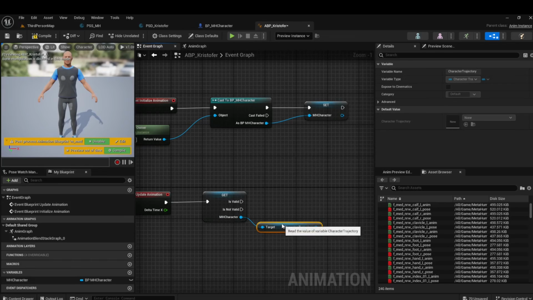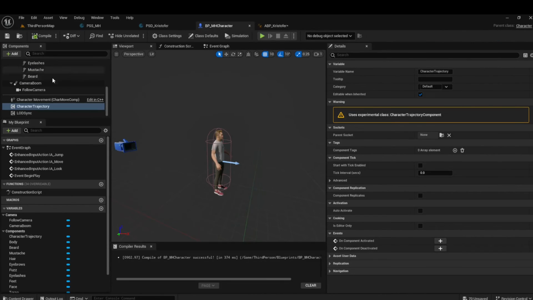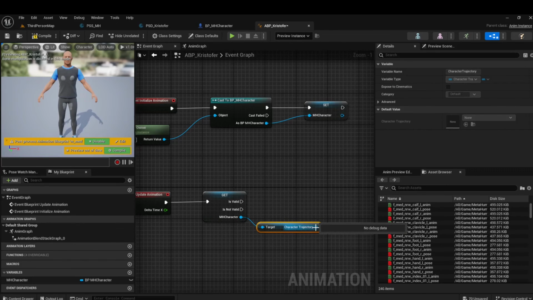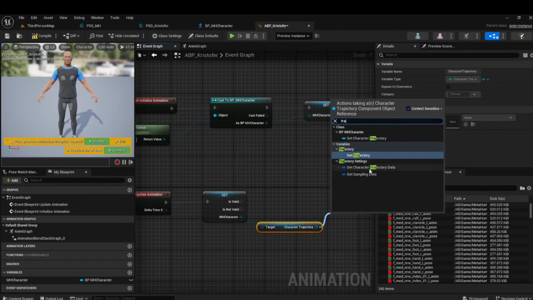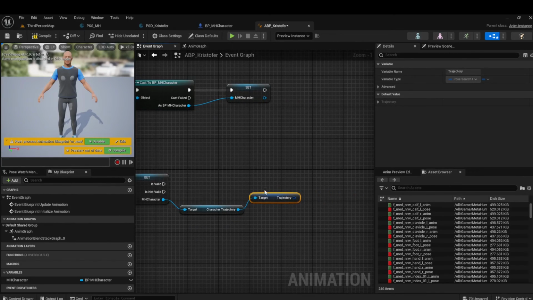And what this does is it grabs the trajectory that we created here. And you can see this trajectory in the details. There's a bunch of different stuff that it has, but what we really care about is just the trajectory at this point. So what we want to do here is we want to say, I want the actual trajectory. I don't want anything else. And once we do that, we can promote this to a variable